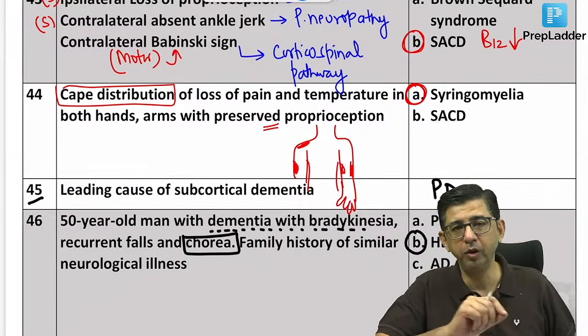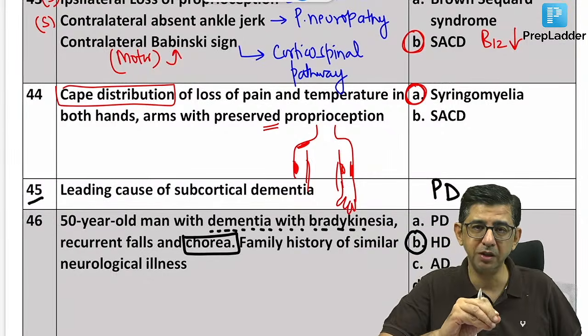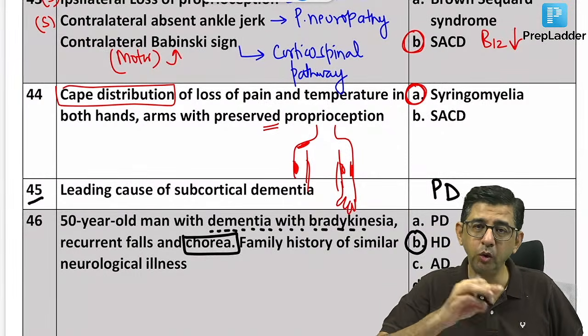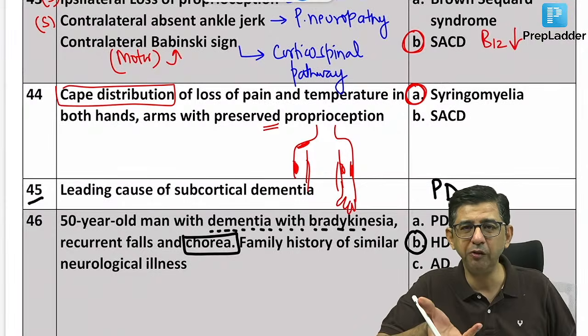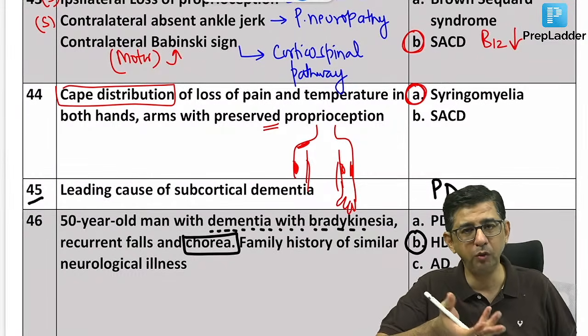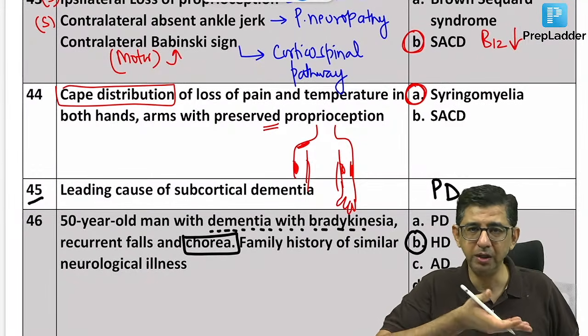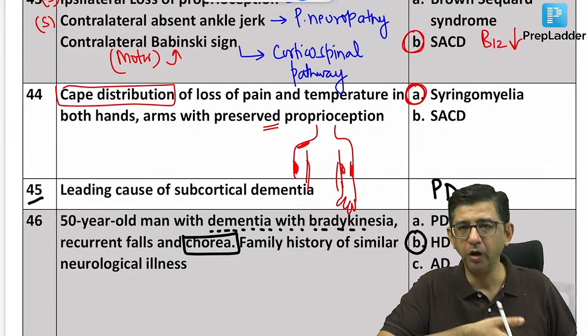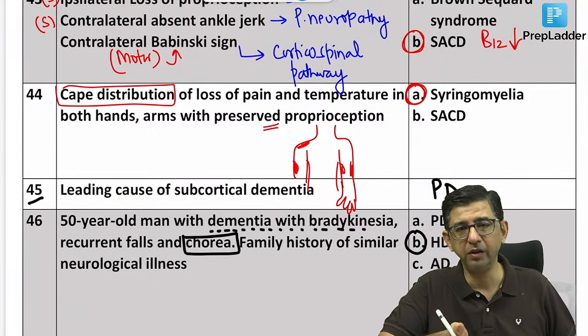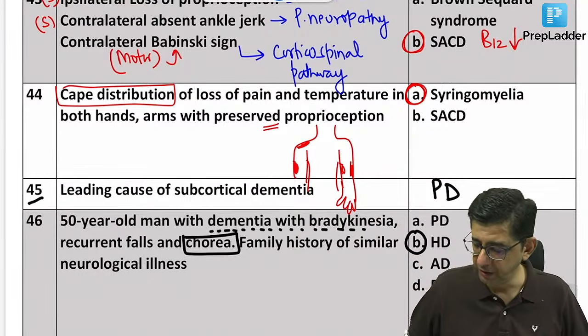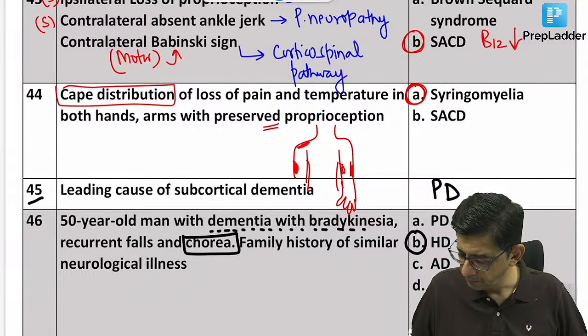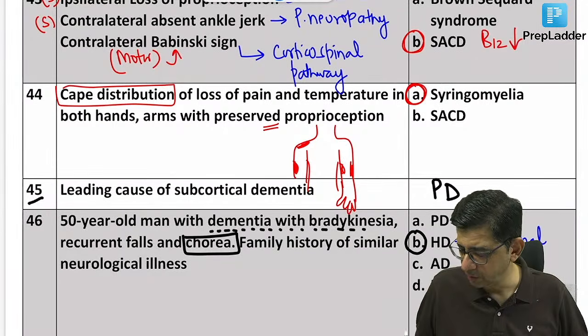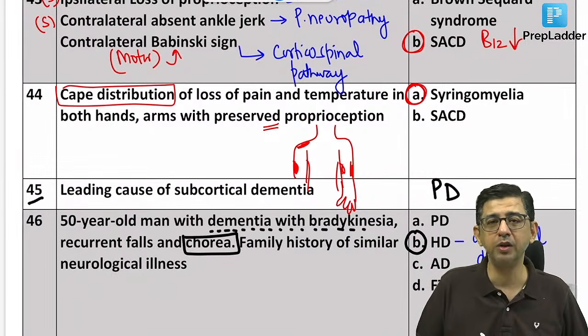The learning point for you is if he mentions a question which is having dementia, bradykinesia, and chorea, then chorea is a very easy word to solve the question of Huntington's chorea, because chorea you will read two times only. Either it is Sydenham's chorea of rheumatic fever, or it's going to be Huntington's chorea that we are discussing at the moment. And the pattern of inheritance of Huntington's disease would be answered as autosomal dominant pattern of inheritance, which is the reason why in this condition